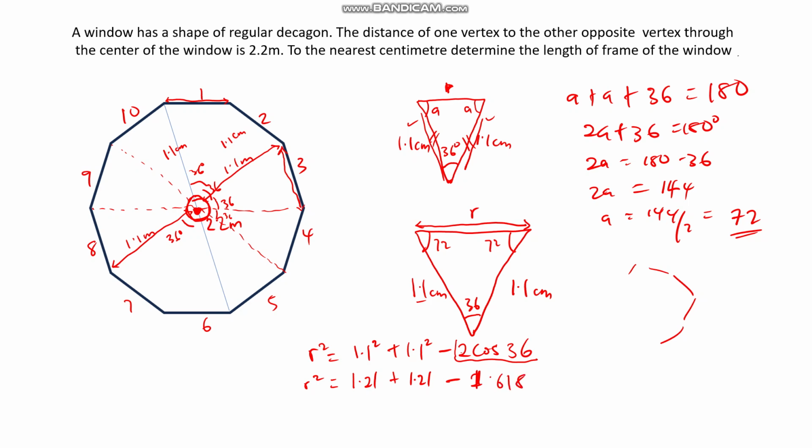Okay, now my R is going to be equal to the square root of 1.21 plus 1.21, I think that's going to be 2.42, minus 1.618. Or let me just approximate 1.62. Okay, by the time I do the subtraction,